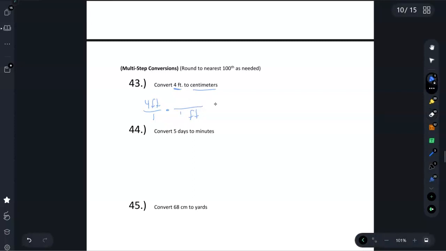But what I do have is 1 foot is 12 inches. So now I've successfully canceled out the word feet, but I need to cancel out the inches. So I know I need inches on the bottom because I don't want inches. I want centimeters, and I do have a conversion that goes from inches to centimeters. It's 2.54. I did that the wrong way, and hopefully you will catch that if you did. It's 2.54